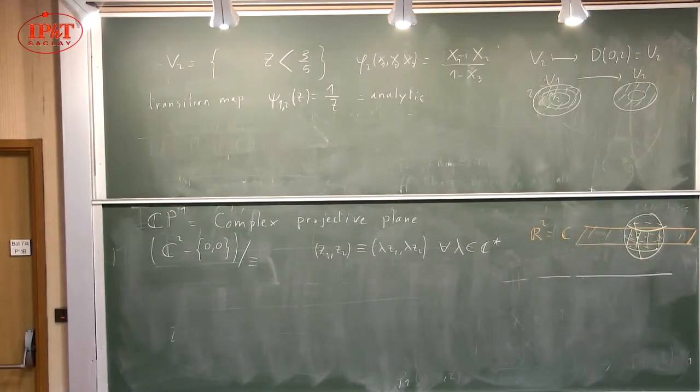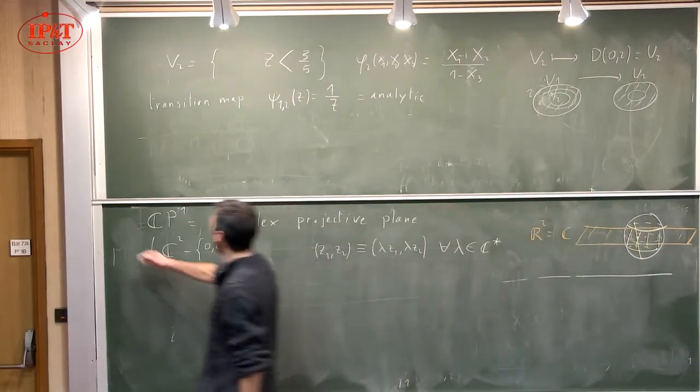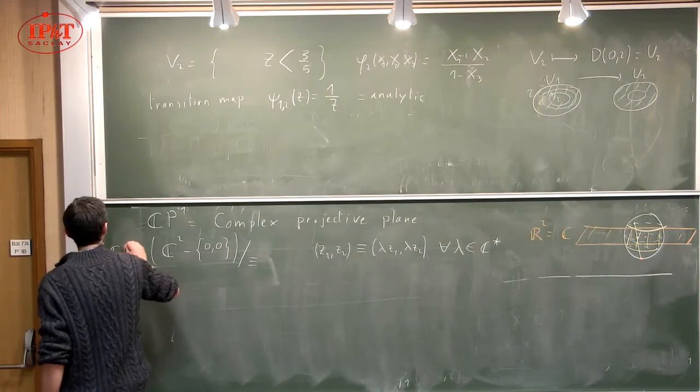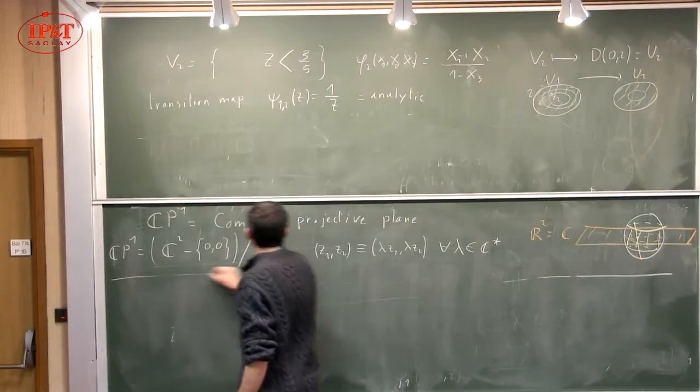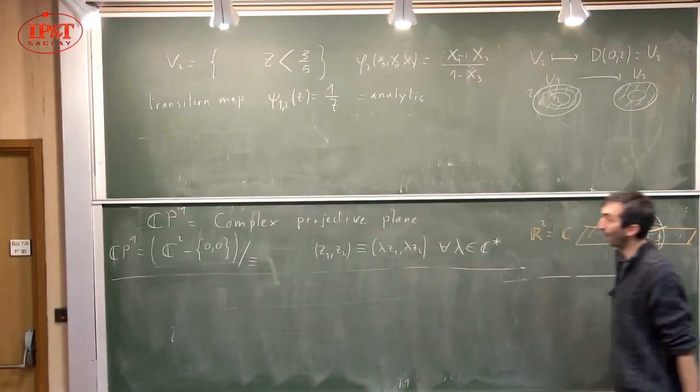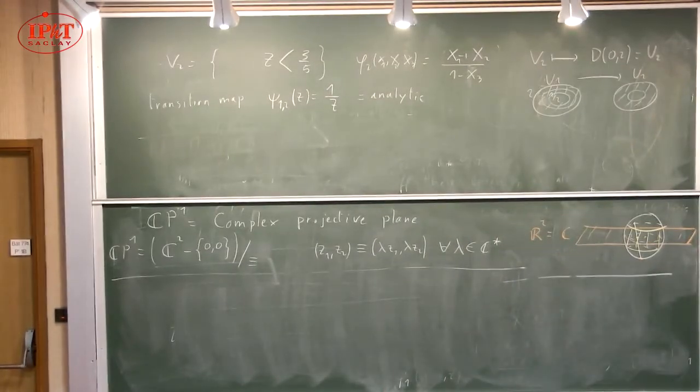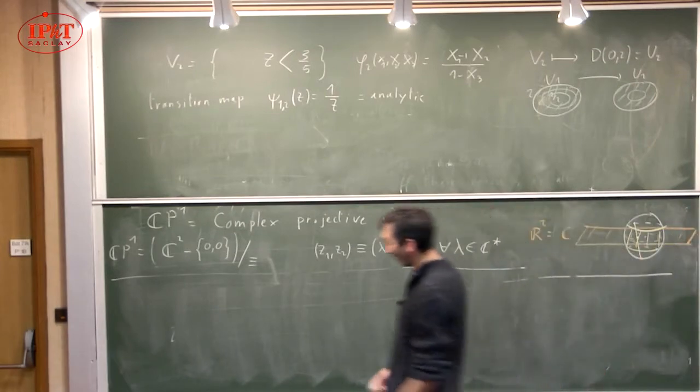So this is an equivalence relation. The quotient is well defined, and that's called CP1. So can we give CP1 the structure of an atlas of a Riemann surface over it? And yes, the answer is we take